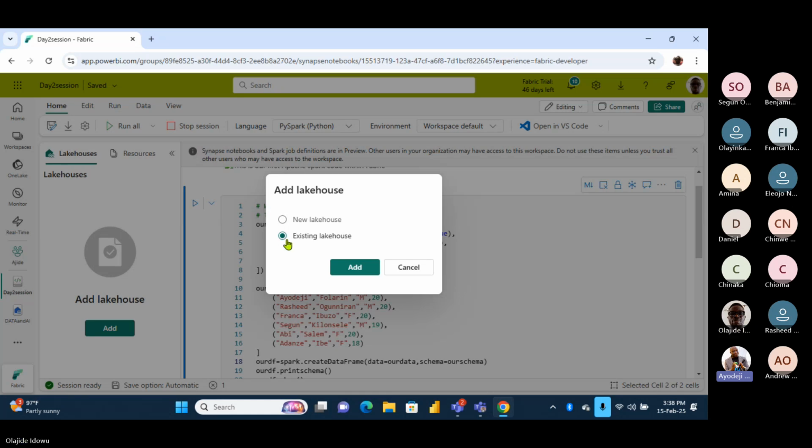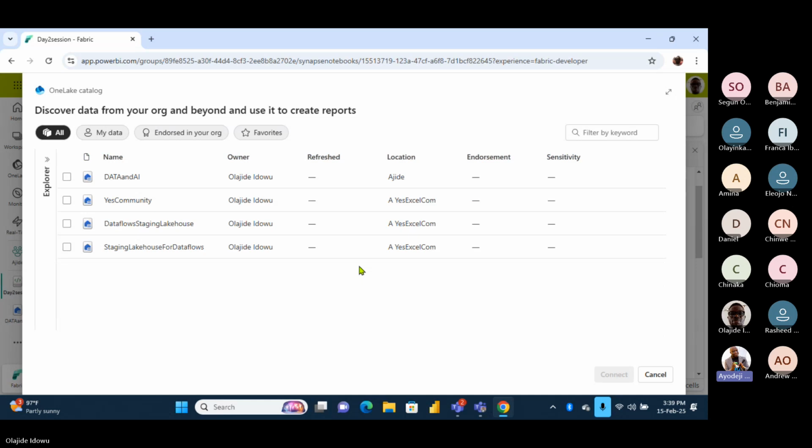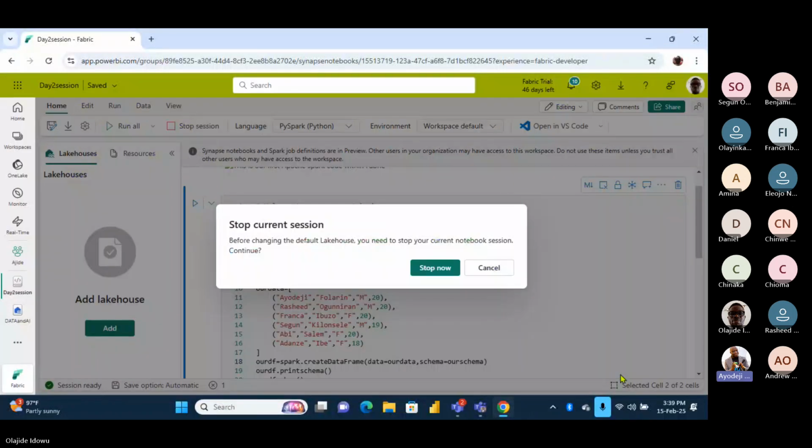Please click on add. Good. Once you click, where is our lakehouse? Is that the first one? Pick it and say add. At this point, stop. Is the session still running? Okay, continue. Stop now. Just say stop now.